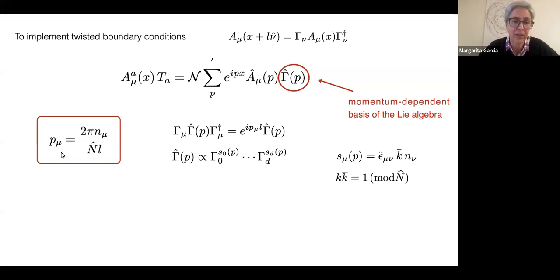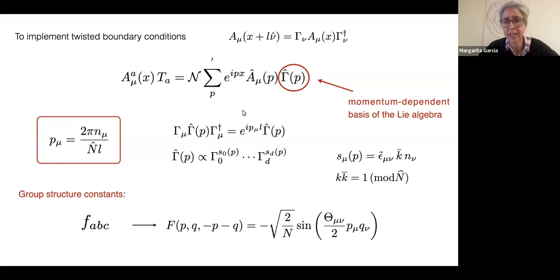And what is more important, the only thing I want to stress is that the momenta that appears here is quantized in a very particular way, because it's not quantized in units of the periods of the original torus, but it is quantized in units of an extended period that contains the color degrees of freedom. So there is an effective size that is defined in this way. And the other particularity of this momentum expansion is that since the Lie algebra matrices are momentum dependent, the structure constants also get a momentum dependence. I will go over this in the next slide in more detail.